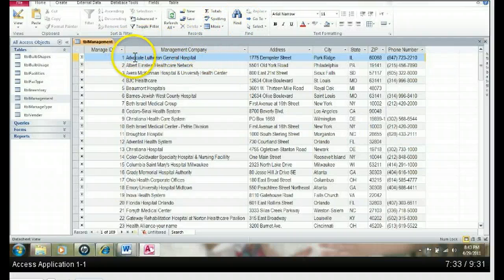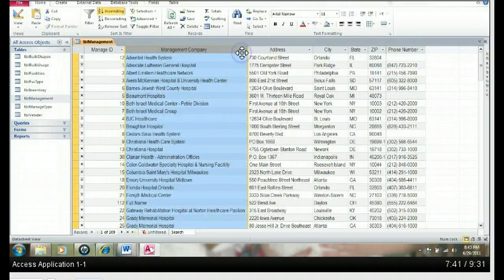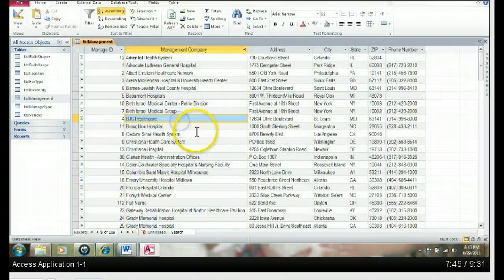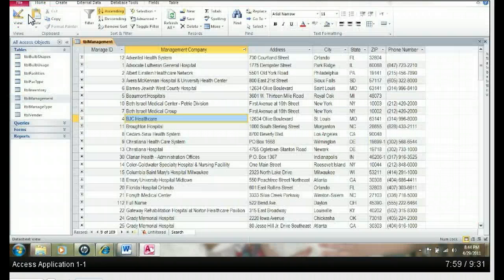So you're going to sort the data by the management company. You want to come up here, right click, sort A to Z. And we are in landscape, you're good there. For assessment, we are going to save this table as, we're going to save them as database. So you should have already